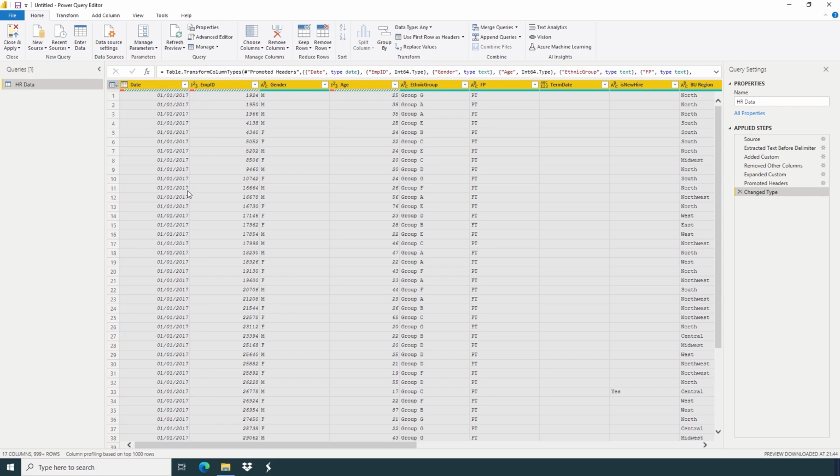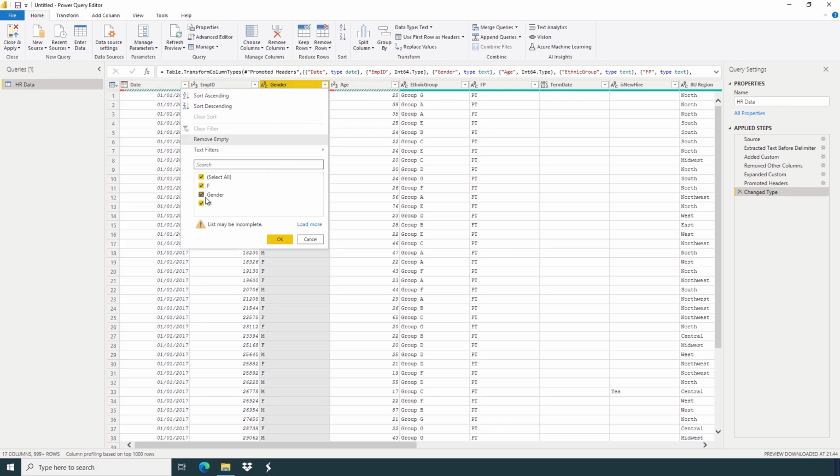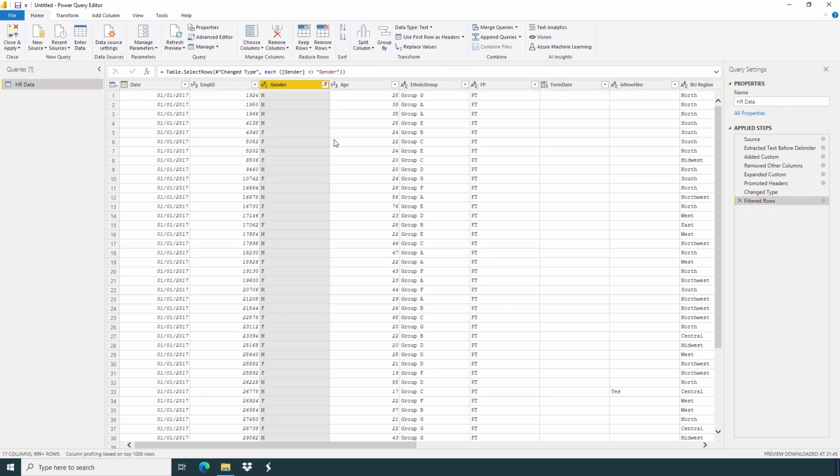But always remember to remove the second header, because now here you can see we have a data problem. You can find for yourself where you have a second header. I'm gonna click gender. I have a second header here. Remove this one. Okay. So now you can see we have the final data.